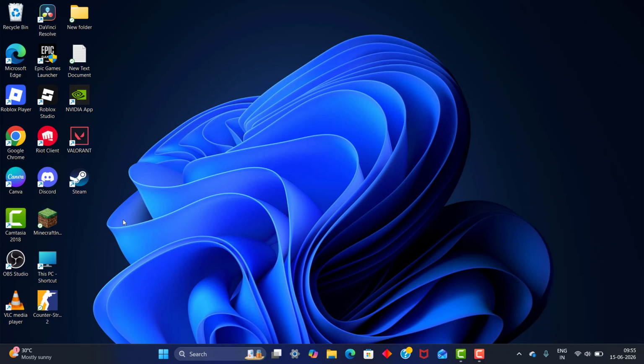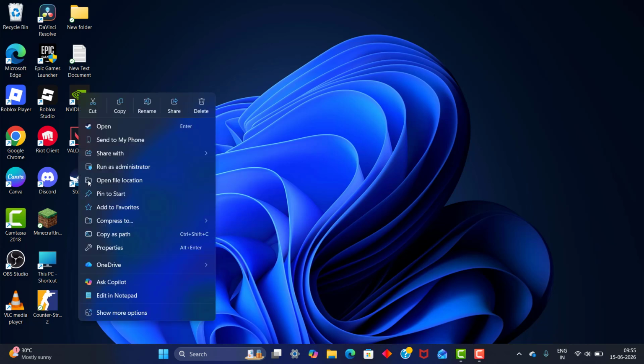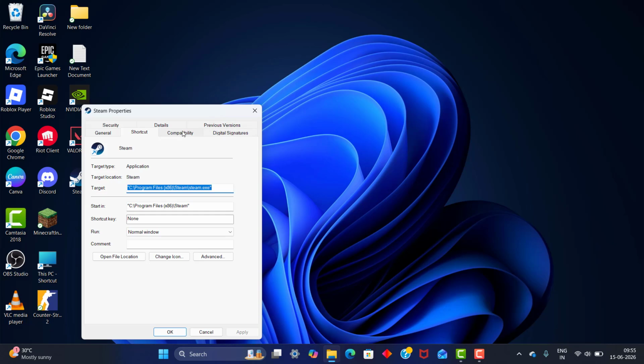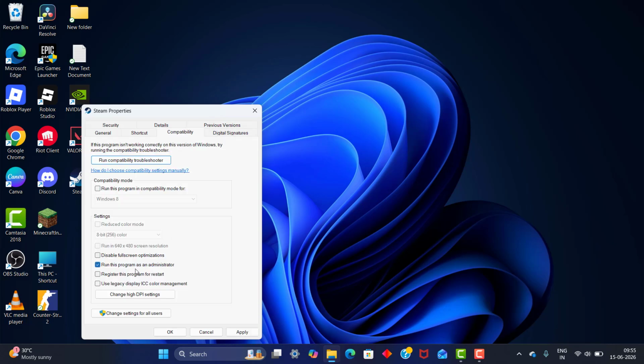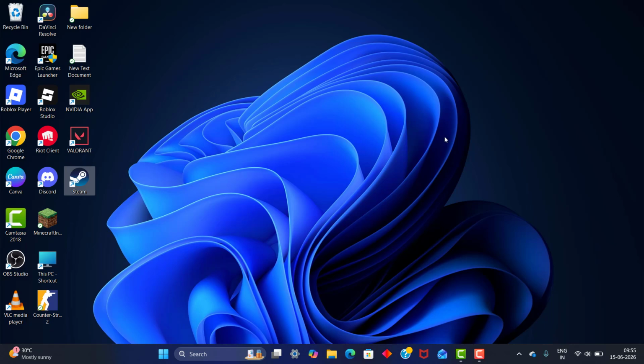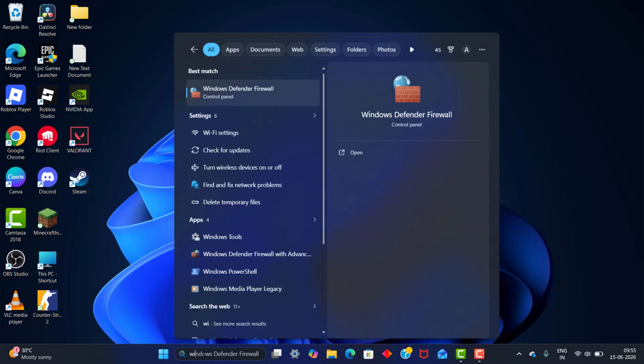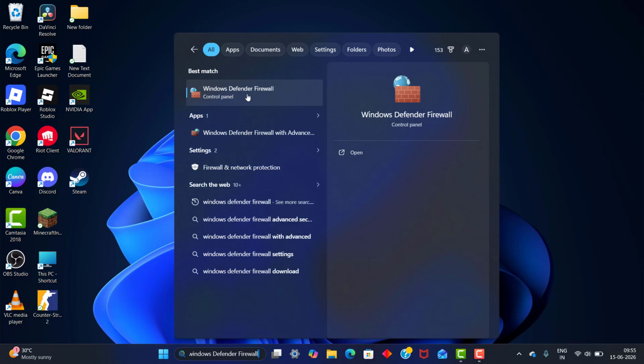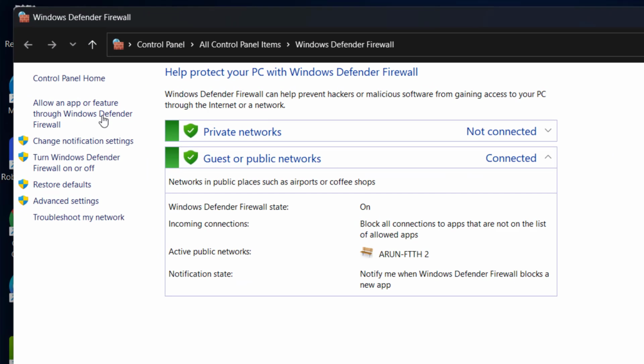run Steam as administrator. For this, open up Steam, click properties, click compatibility, and make sure to enable run the program as administrator. Once complete, the last and final step: search for Windows Defender Firewall, click it, and click